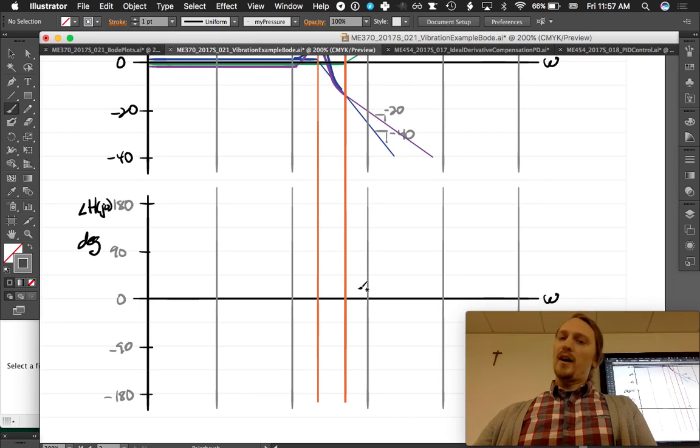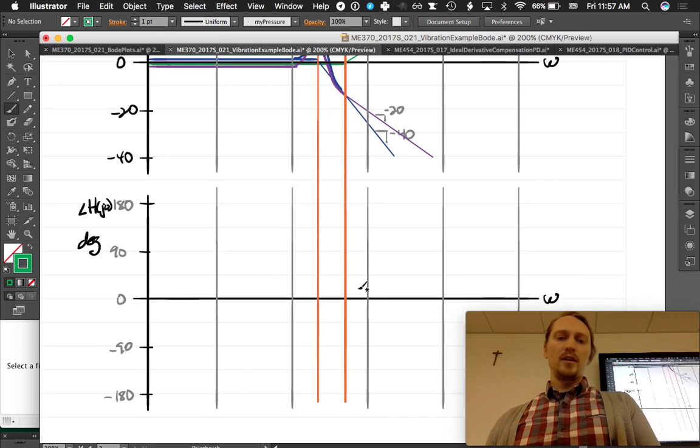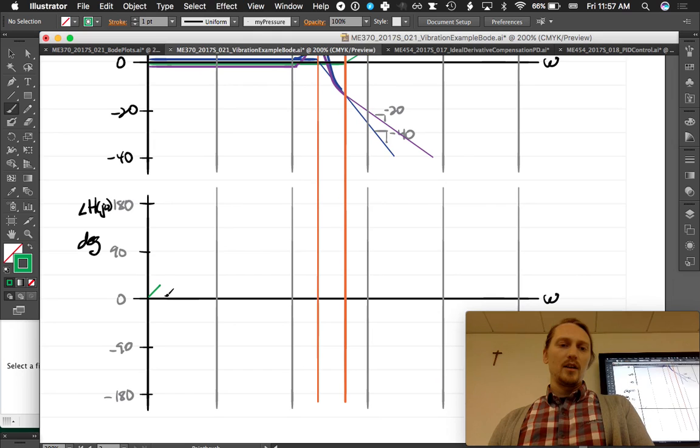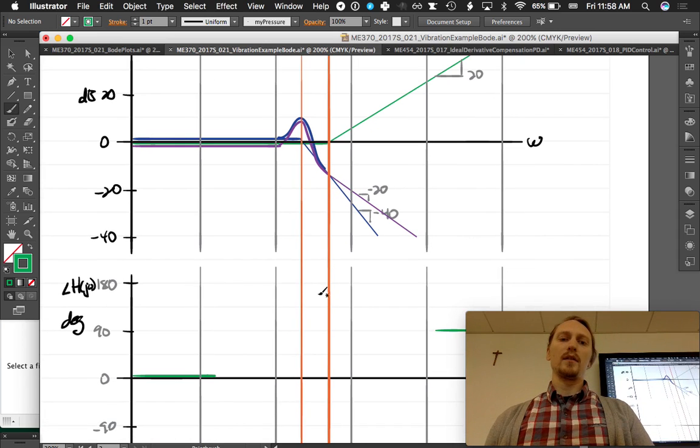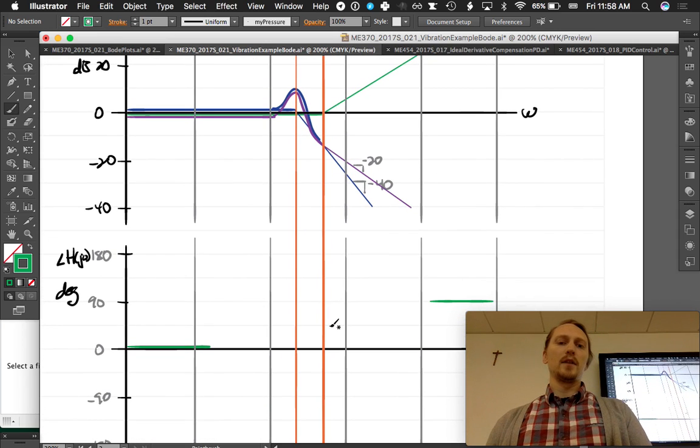So we started off at, use green, started off at 0, and then it's going to go up to plus 90. If we go way out here, we're going to be at plus 90, and we've got to talk about how it transitions. Remember, you go to the break frequency, so that's omega 1 for the 0, and we put a dot right on 45 degrees